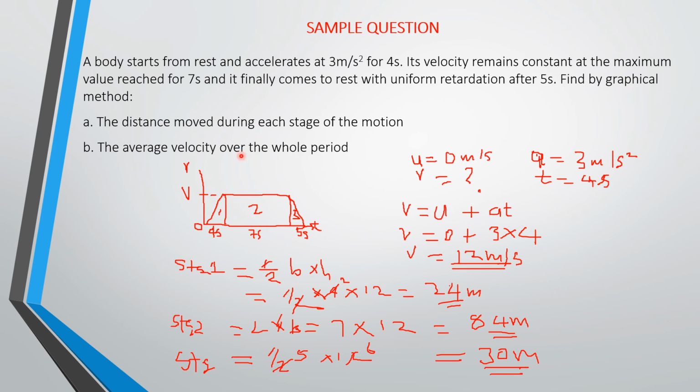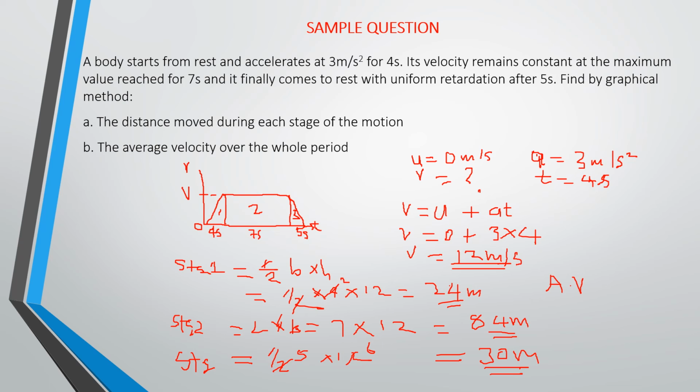We know that average velocity is equal to the total distance traveled over the time taken. So which means that you are going to add up all these distances, then add up the time, and divide the distances by the time. That will give you your average velocity. Okay, so when you add up all the distances, you are going to have